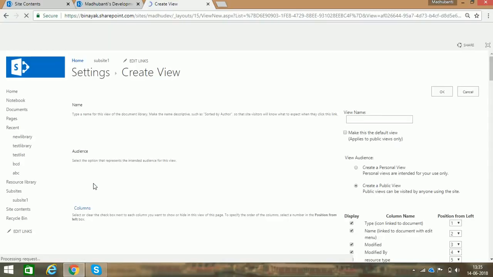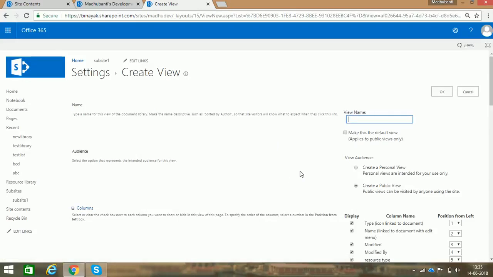And the first thing which you have to do is provide a name for this view. I'm giving Documents Only. Only signifies that it is a filter view. If I want to make it a sorting view, then I have to give this name like By Documents or By Owner or something else. So I want to create a filter view, so I'm giving this name Documents Only. There is a default option. If you want to make it the default view, then you can click on this checkbox. I am not doing this.